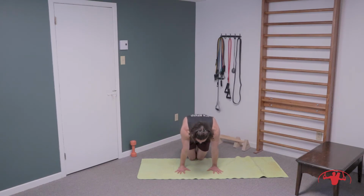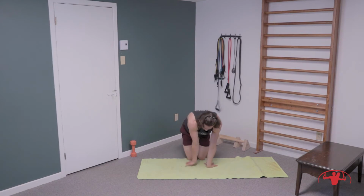Leaning to the front, hang out, hold, and push yourself back for 5. Lean and push for 4. Create some tension in all of the fingers. 3, see if you can feel all 10 fingers. 2, and 1. Good, fingers go backwards,